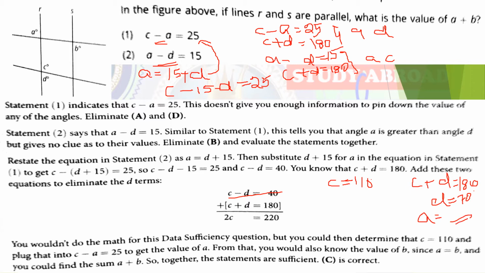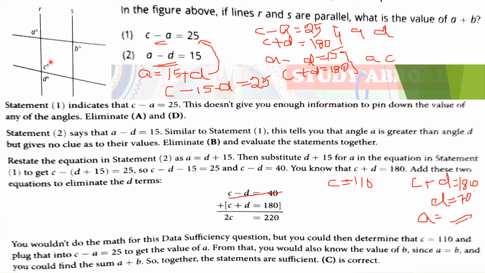Okay, you can determine the value of A. So A is also equal to B. Why? Because these two lines are parallel. R as well as S are parallel with each other. Once you find out the answer of A, you can easily tell the answer of B. Why? Because A as well as B are the same.